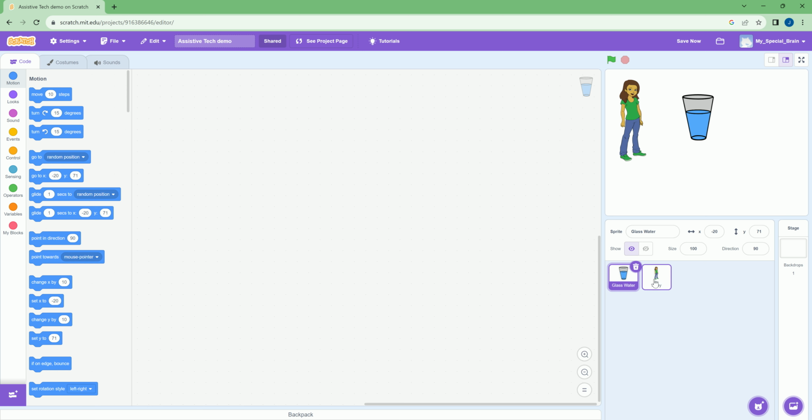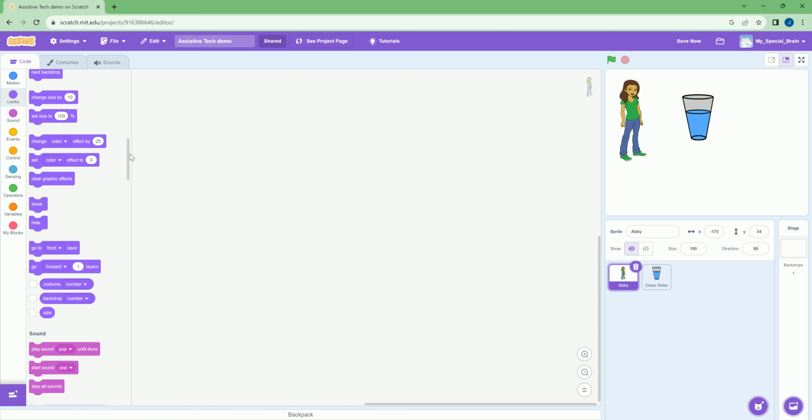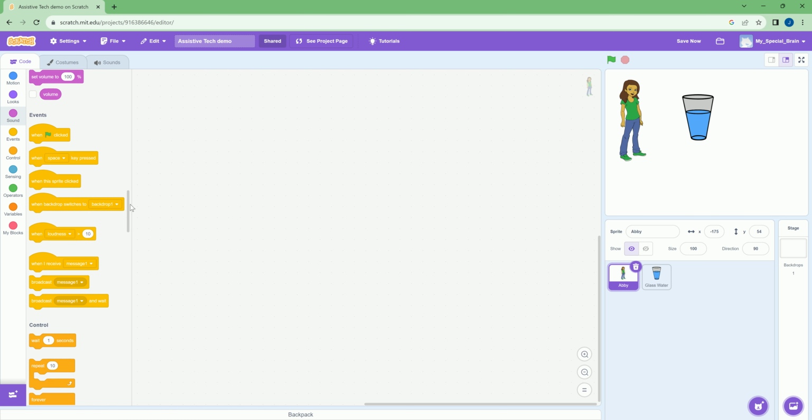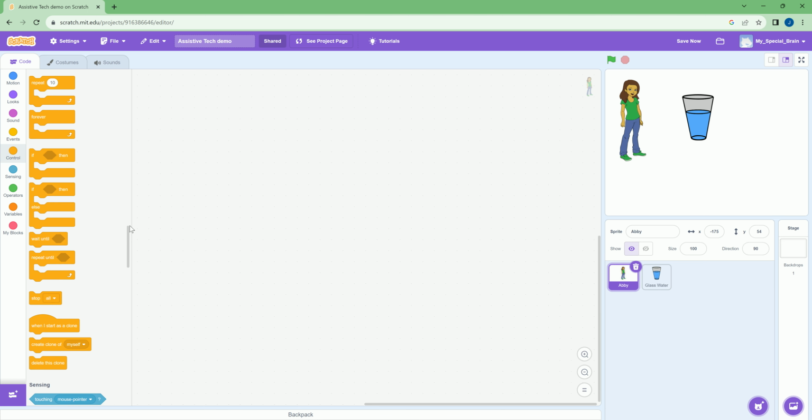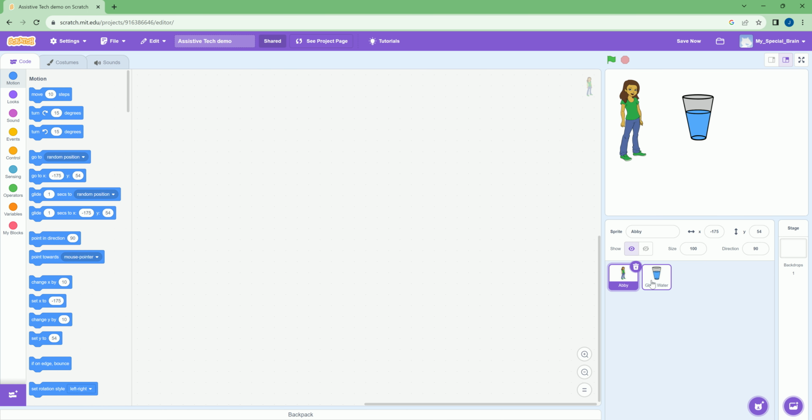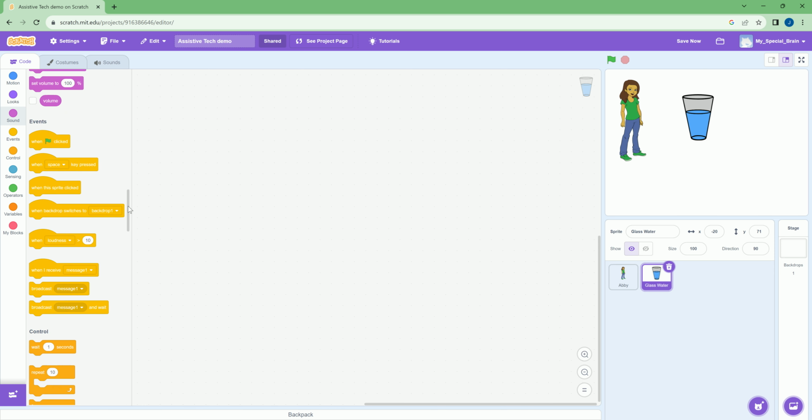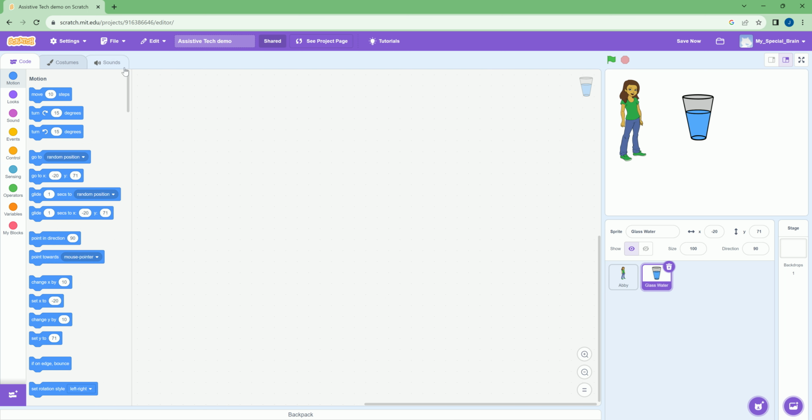So what I'll do first is I'll just click on Abby, and it doesn't really matter what order these are in. You can change their order if you want to. But if I click on Abby and then I look over here in the upper left corner, there's all the code blocks that I can use to program the sprite Abby, the image Abby, to do all sorts of things. And same thing if I click on glass water. If I click on that, all of those same blocks are going to pop up so that we can program glass water. Now if I go back to Abby,